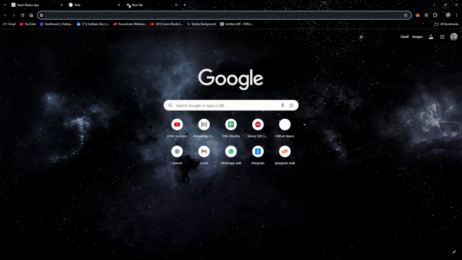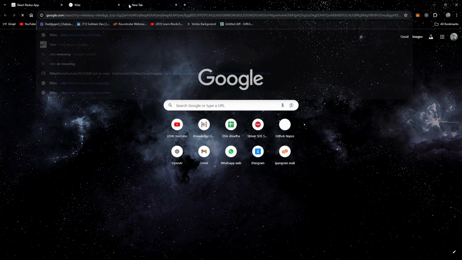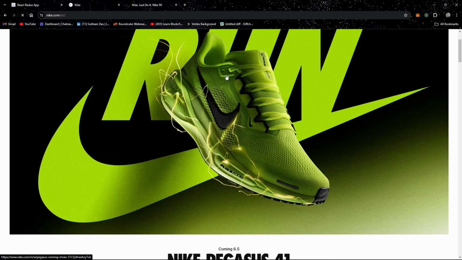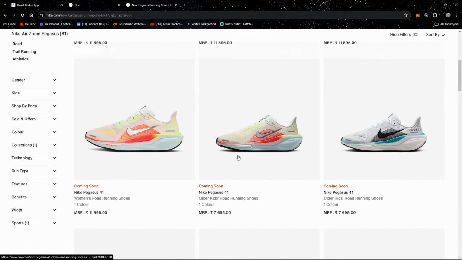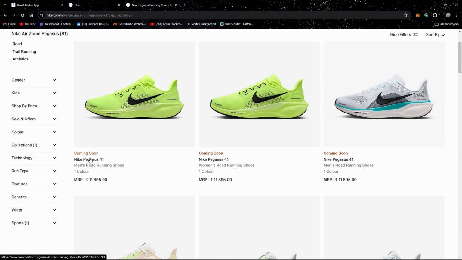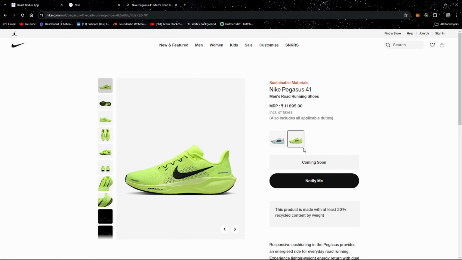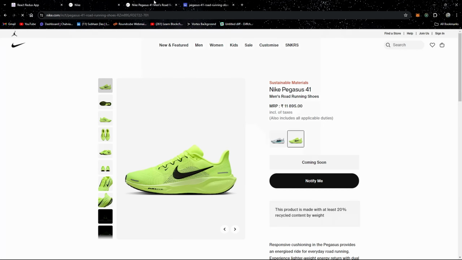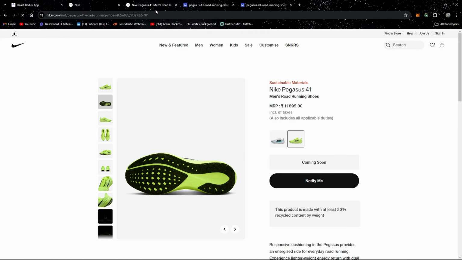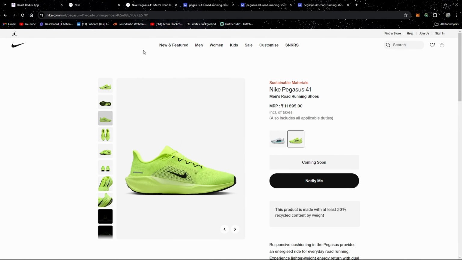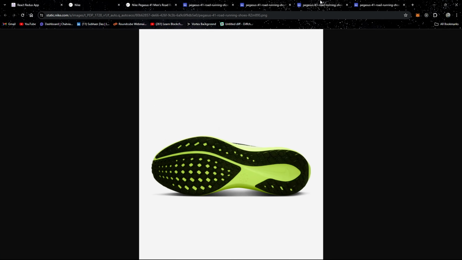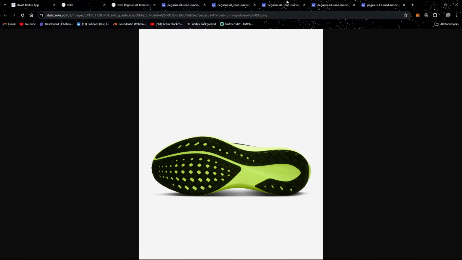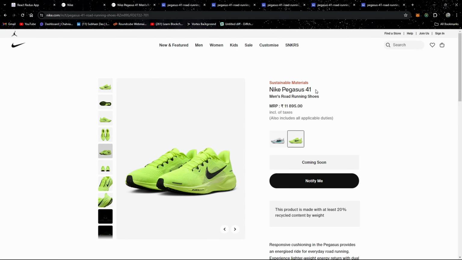Let's add a product here to show you. Go to the Nike real application, and in here I am going to choose a product first. Let's choose this product. I'm going to choose this one, Nike Pegasus 41. So initially we need some pictures, so let's open the images in a new tab. So these are the pictures. We need one more, I guess. So let's take this one. Yeah, so we have 5 pictures here, and let's copy the name